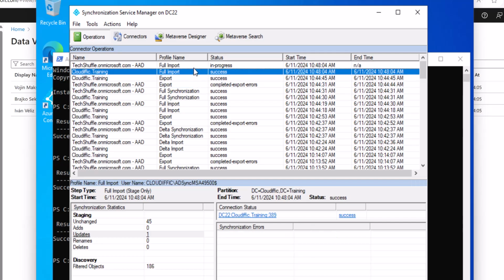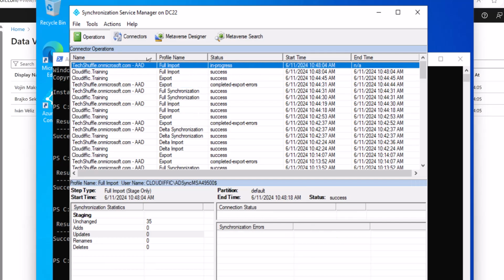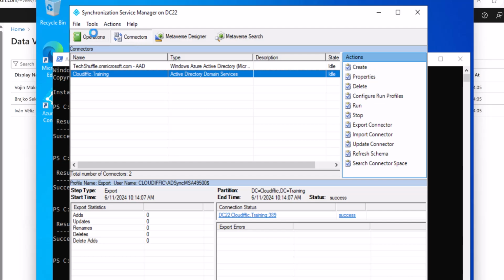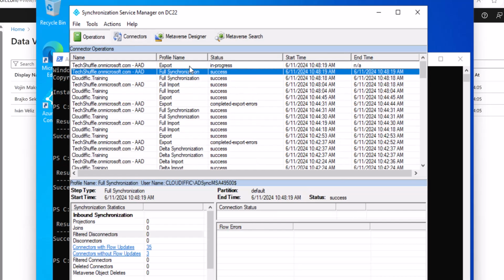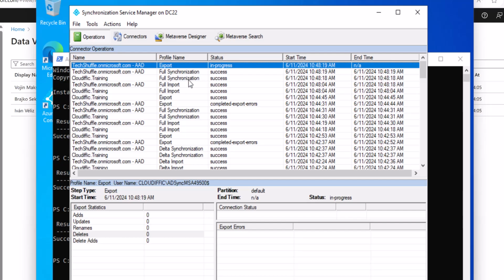So the first import is done, the second import is going through. And let's just wait for it to complete all the sync cycles. So the 2 syncs have been done. The export is in process. And it should complete, and there it is. Now we have only 2 error messages. That means that particular user, the third one, the Brachko user, has been fixed, and that's why we only have